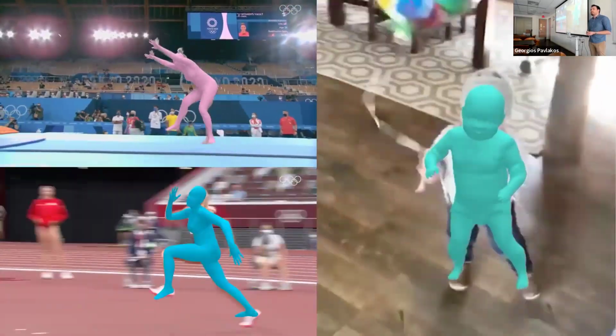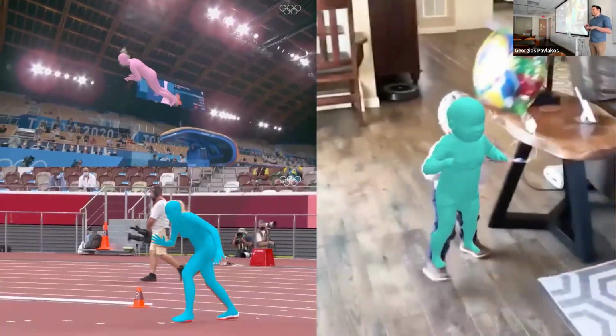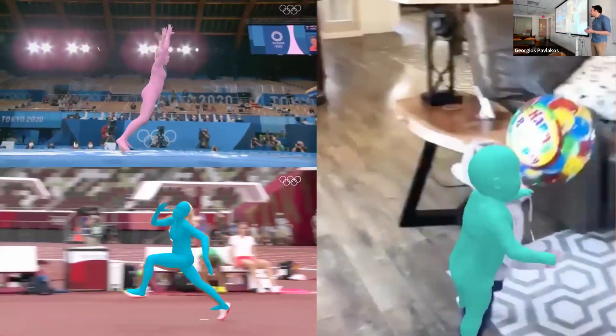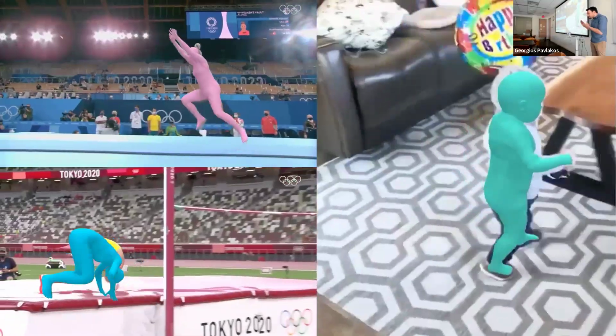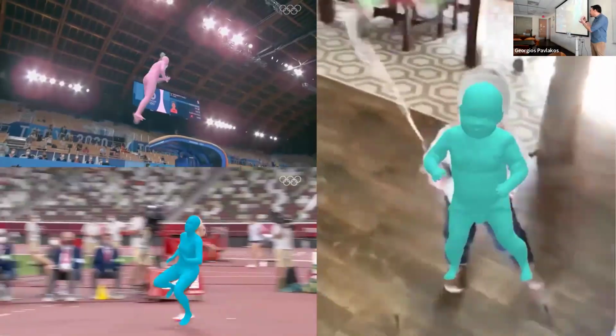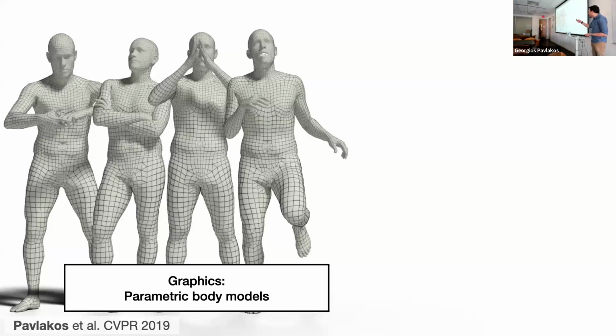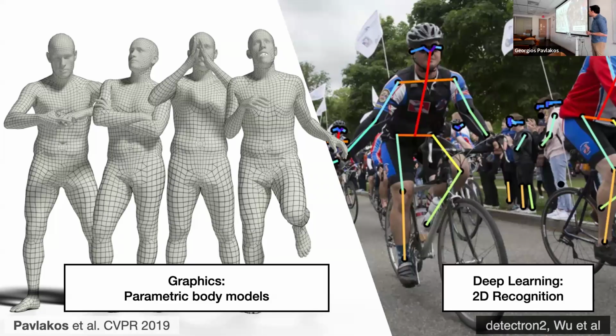We want to be able to capture the motion of humans from video observation without putting any constraint on how that video was captured. For that, my research has leveraged different tools than structure from motion and SLAM. We take inspiration from graphics and use parametric models of the human body, and we form a tight collaboration with recent advances in deep learning and 2D recognition.